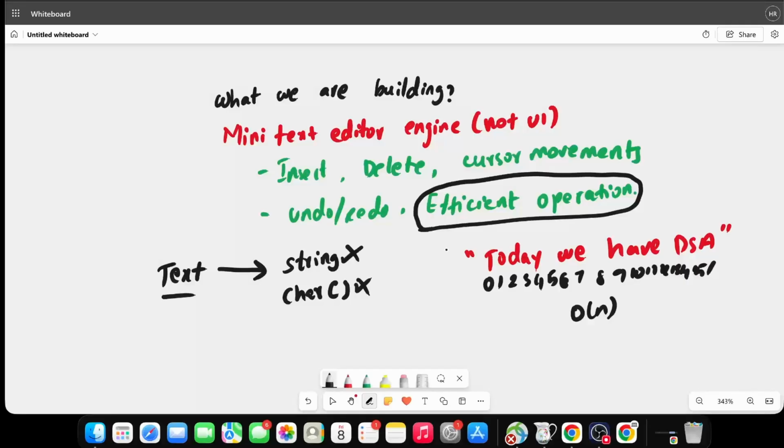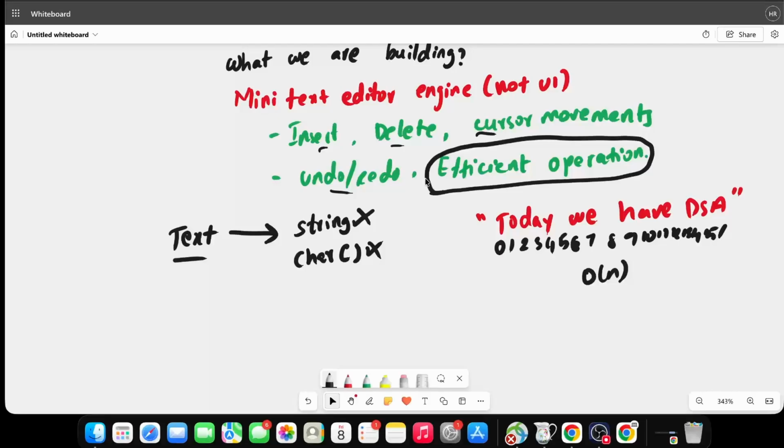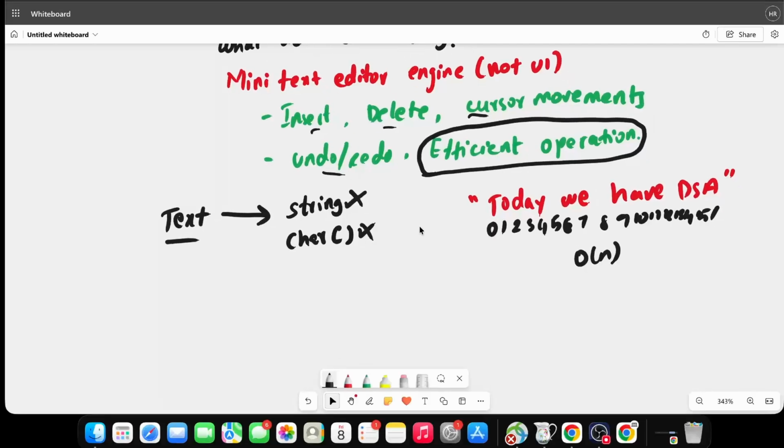But there are a lot of things that you need to handle, right? You need to handle the cursor movement, and the undo redo, and the delete insert. So there are a lot of things that need to be handled. A doubly linked list you can use, but there are some hiccups in there as well. So that's where the regular algorithm, which is already predefined for this particular perspective, is